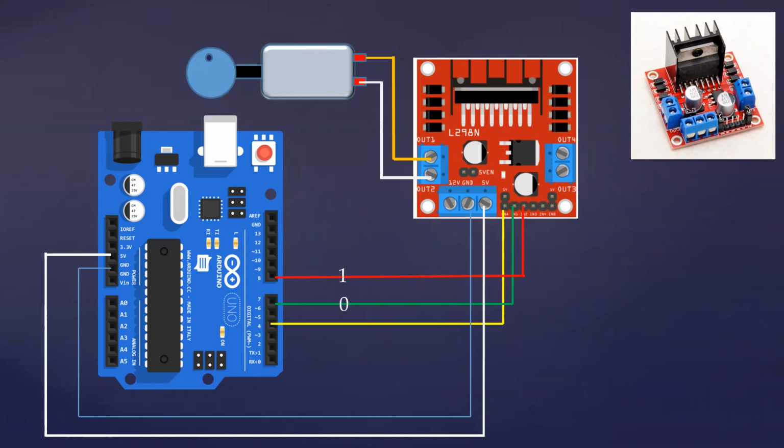And if you change the signal, if you make pin number 8 high, then you can observe the motor will rotate in the anti-clockwise direction. So pin number 8 and pin number 7, they will decide the direction of rotation. And pin number 4, it will only decide the speed of the motor. For the pin number 4, we need to vary the width of that pulse. How we can vary, you can observe here schematically.